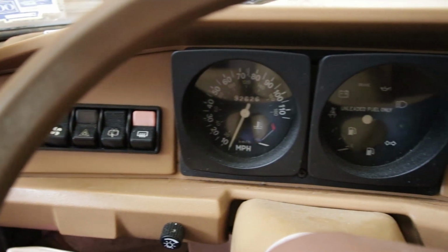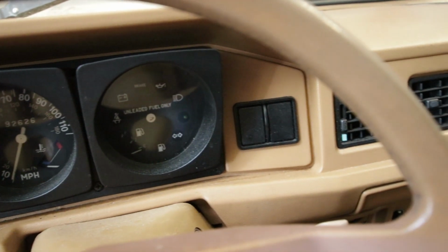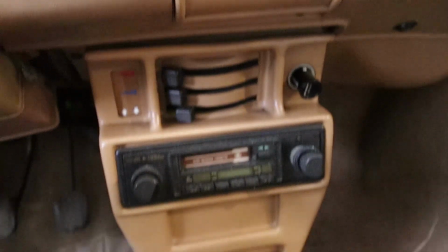Does the speedometer work? No. Okay, does the fuel gauge work? No. It moves. It goes from empty to half full, but it doesn't matter regardless of how much is in there. So FM, AM. That was a big deal back then. FM, that sort of works, right? It works. You have to hold the...